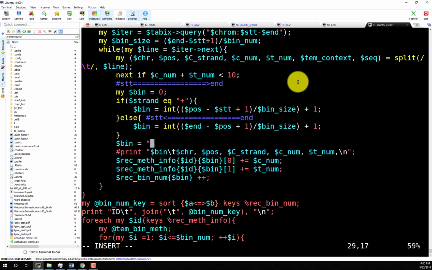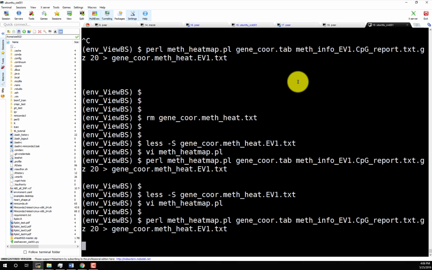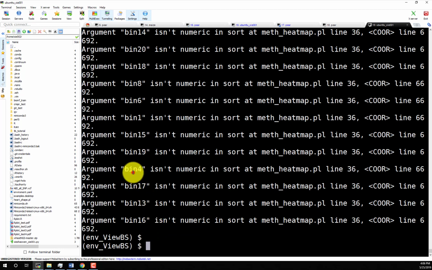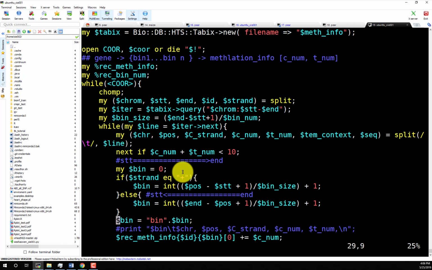Let's say just bin. Okay, here we have an example where the bin is not numeric. This causes a problem, so we will comment out this,